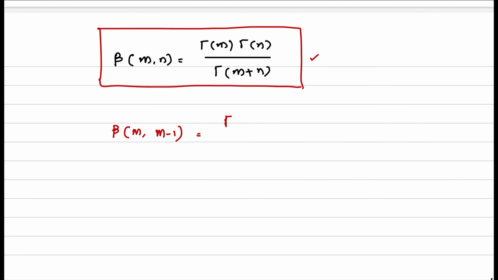Beta m minus 1 is equal to gamma m into gamma m minus 1 whole divided by gamma m plus m